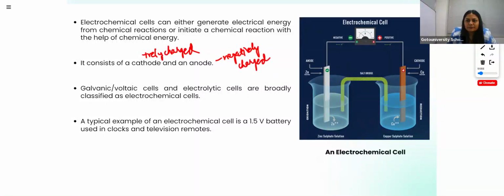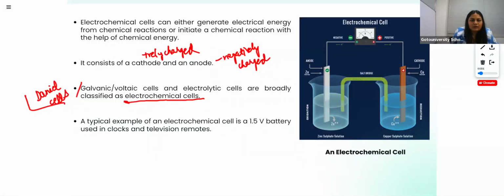Galvanic cell, voltaic cell and electrolytic cell are broadly classified as electrochemical cells. In this chapter, we will study about galvanic cell, voltaic cell. These galvanic cells and voltaic cells are also known as Daniell cells. Okay, and they are termed as electrochemical cells, the cells in which, with the help of electricity, chemical reaction is